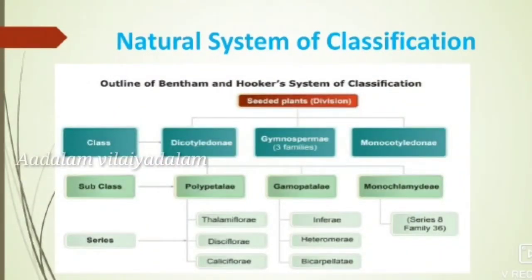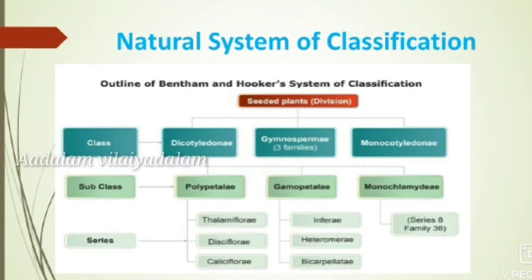And next is the natural system of classification. In this system, the plants are classified on the basis of several characters. Bentham and Hooker's classification is an example of this system. According to Bentham and Hooker, the seeded plants are classified into dicotyledons, gymnosperms and monocotyledons as classes, and these are further subdivided into subclasses such as polypetalae, gamopetalae and monochlamydeae,